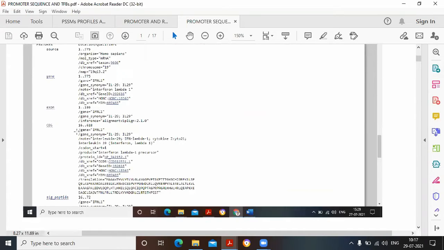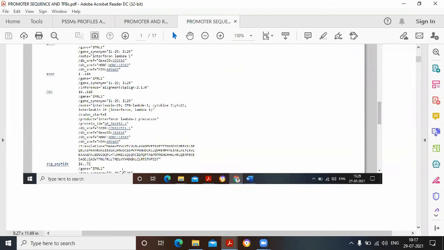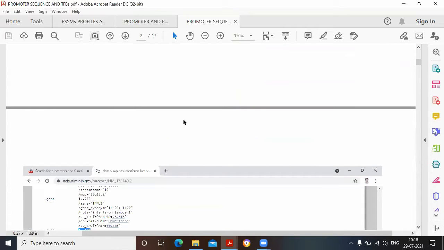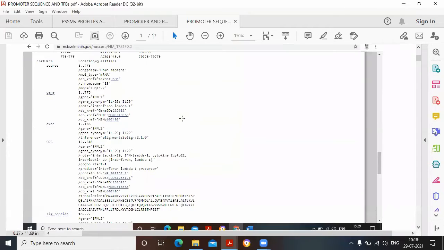Okay, so exactly it is starting from 16 until 618. That means the starting codon is at position 16 in the sequence, and the stop codon is present at position 618. And with respect to that gene, what kind of protein it is able to encode is also mentioned here. So all these things you need to remember if you are opening the NCBI,